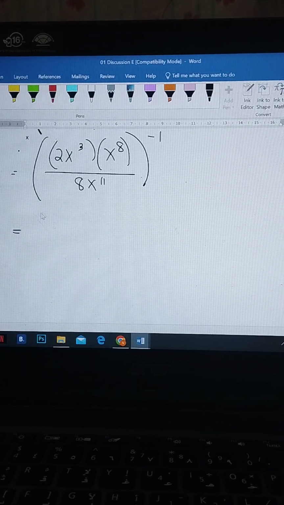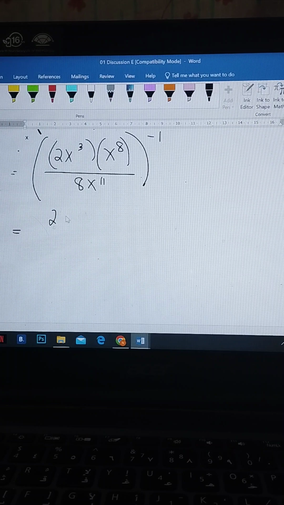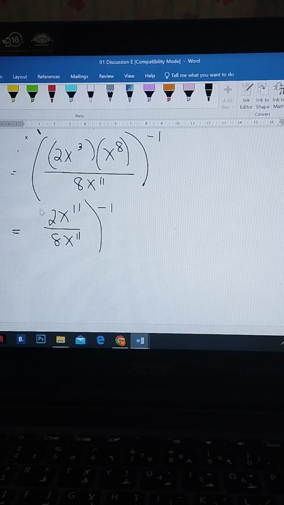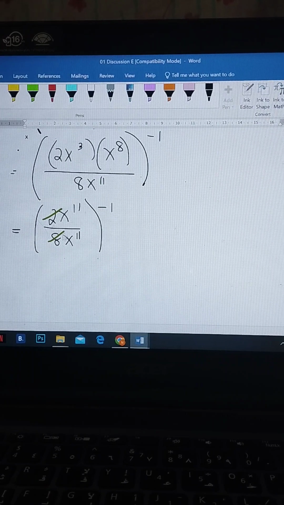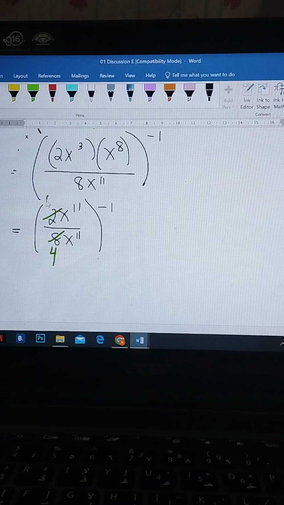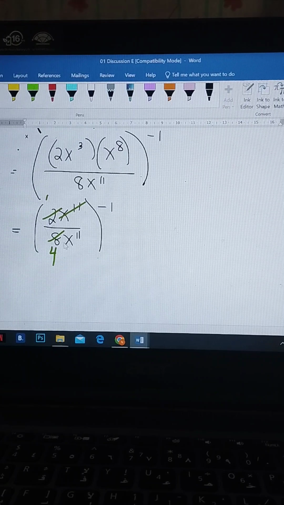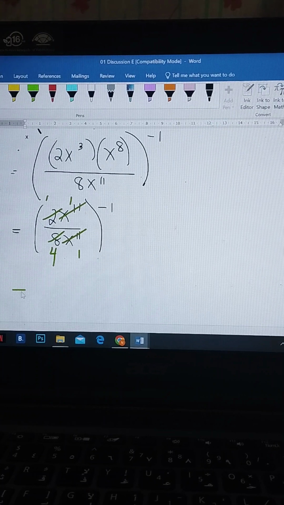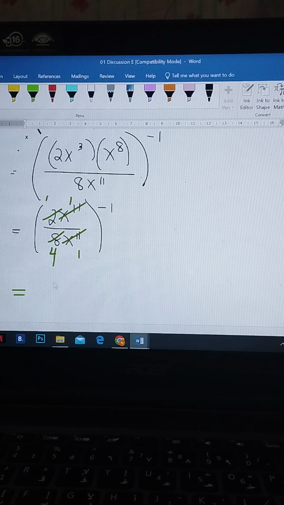Next, it becomes 2x raised to 11 all over 8x raised to 11, raised to negative 1. If we cancel 2 with 8, this becomes 4, then 1. Cancel x raised to 11 with x raised to 11, 1. That is now equal to 1/4